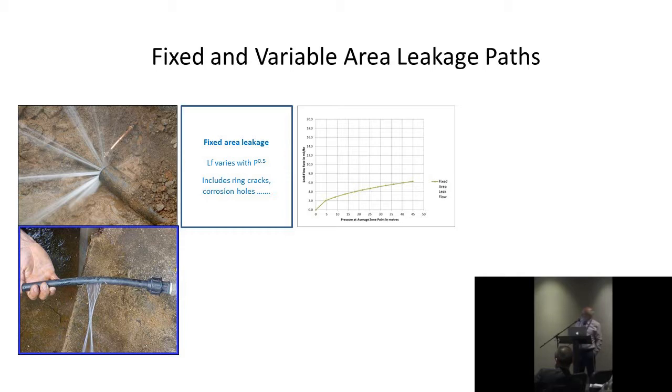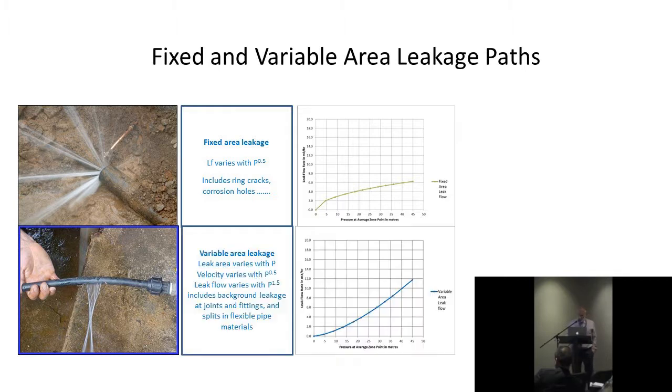And what we found is that there are some fixed area leaks which do vary to the 0.5, the fixed orifice in a metallic pipe, but there are other leaks which vary to a higher ratio than this 0.5,